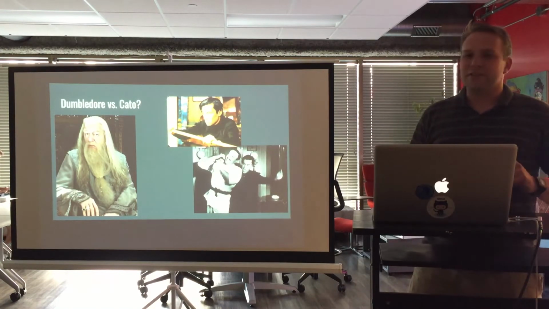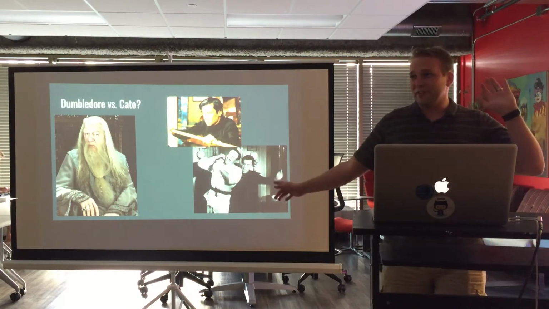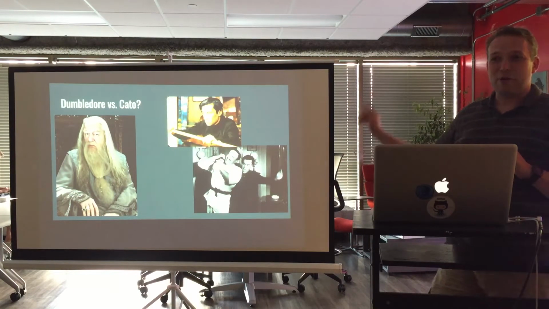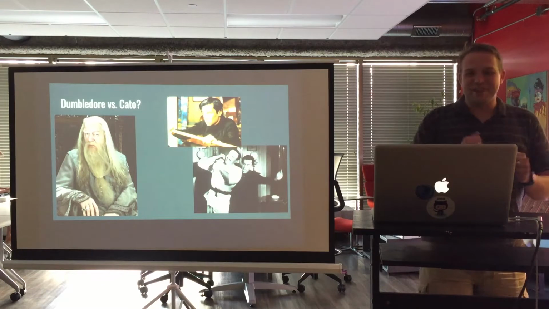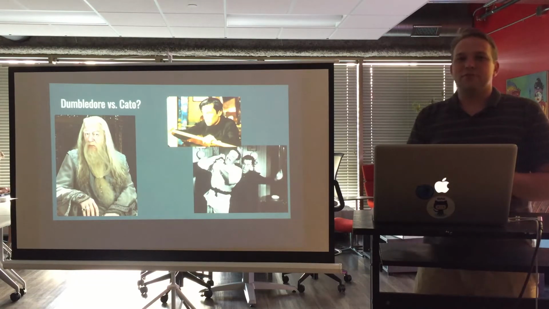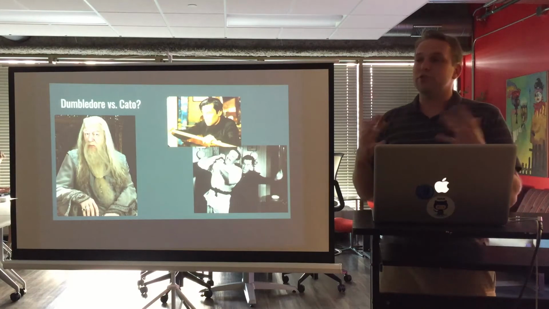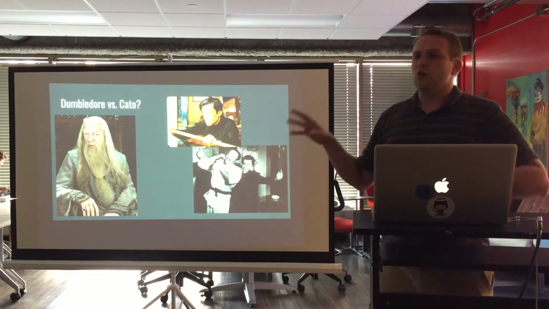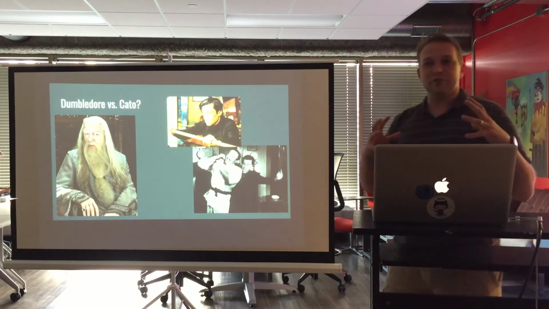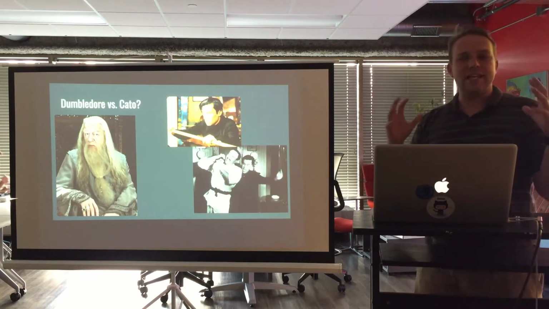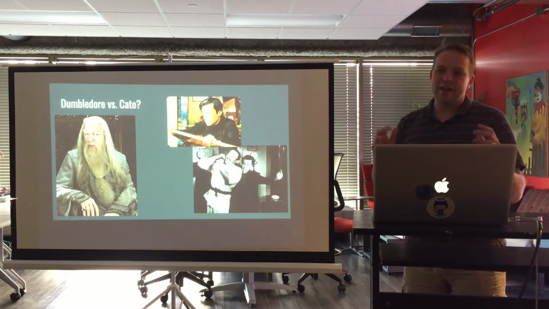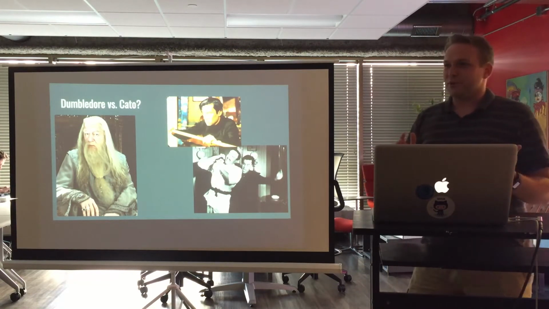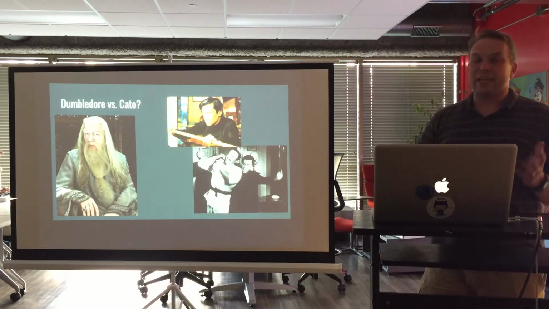As I presented at the last one, does anyone not know Dumbledore, the character on the left there? Does anyone know the character on the right? What franchise is that from? The Pink Panther franchise. As I explained in the first one, there's a difference in the teaching style, and also in how you as a student should approach this. Dumbledore, in his Harry Potter universe, you may look to as the wise person, the mentor who can keep a sheltered environment. His domain was completely controlled. He had absolute authority over his castle, and he kept his students safe until they were ready. That's not really possible in the cryptocurrency space. There are lots of avenues that cannot be controlled.